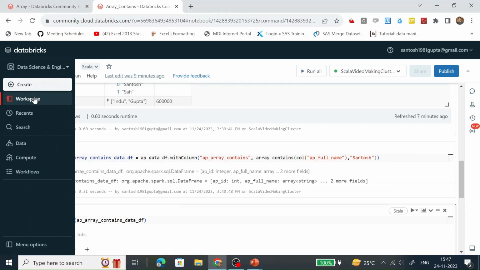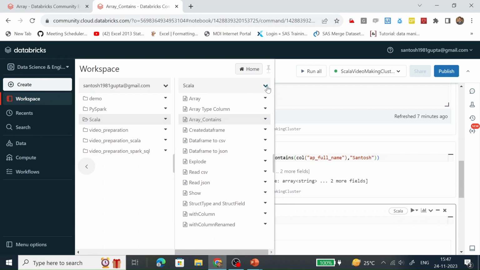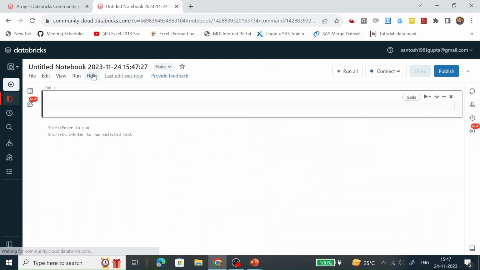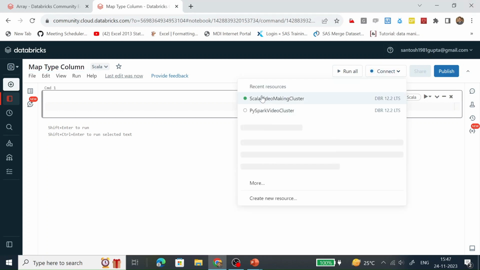Let's create a new notebook. Name it as map type column. Let's connect this notebook with our running cluster.